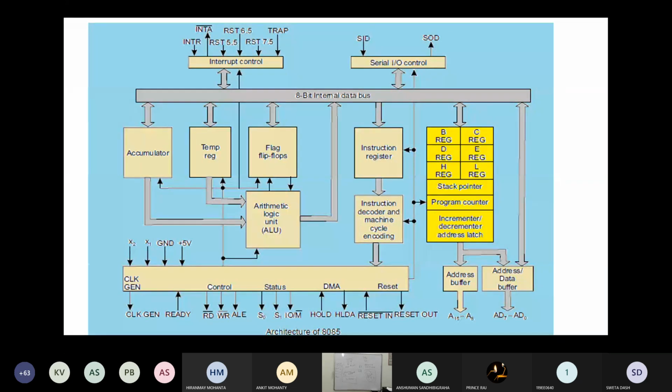Okay, now come to this one. Serial I/O control. What is this? Serial input output control. It is something to do with input output devices. These are external devices which are interfaced. So SID, serial input data, SOD, serial output data. Some books follow SID, SOD as serial input data, serial output data, and some as serial device. That means it has to do with the